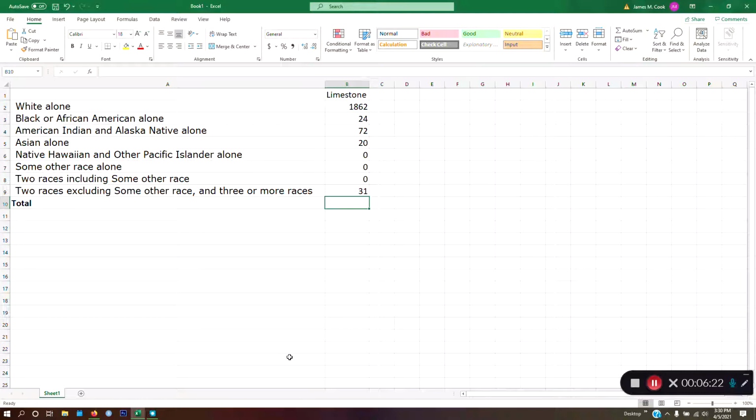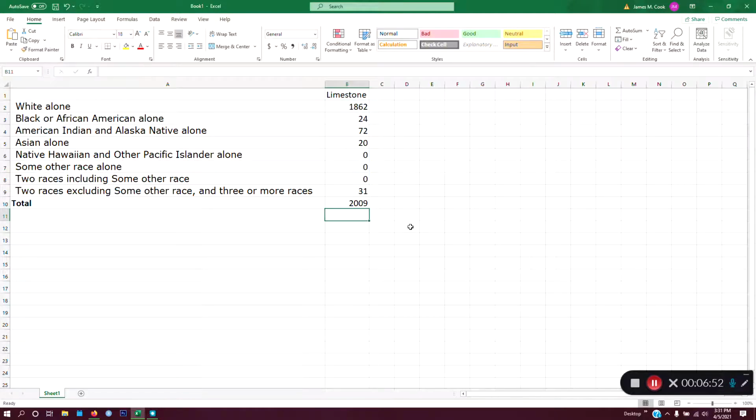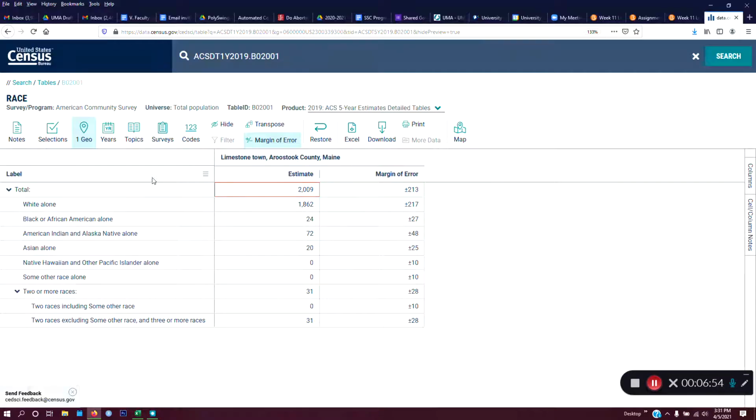People either indicating 2 of the above races or 3 or more, and that's 31 of those. And then we can try to add those up by taking this set of cells here and typing in the command equals sum, which is the way you add in Microsoft Excel, B2 to B9 with a colon between B2 and B9. Notice it highlights those cells so you know what you're adding. It'll get you to 2009, which is indeed the total that is present on the US Census